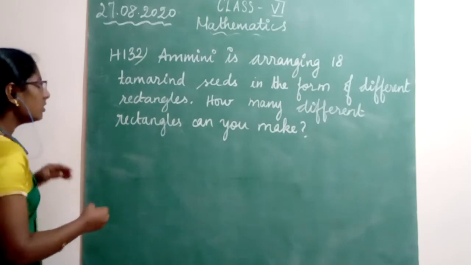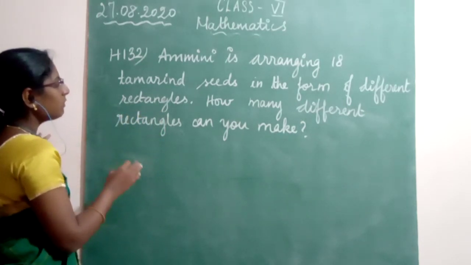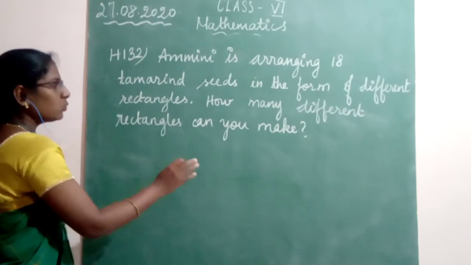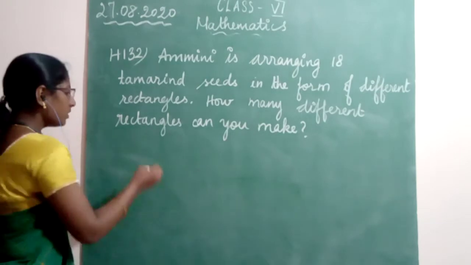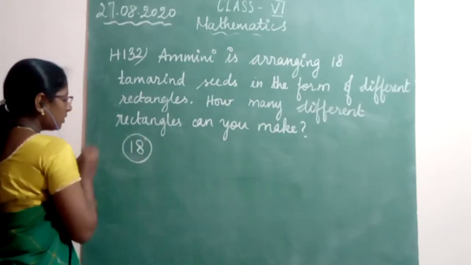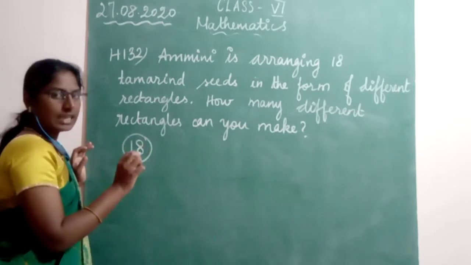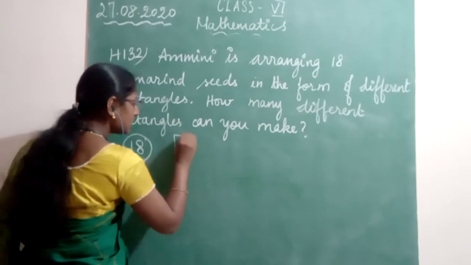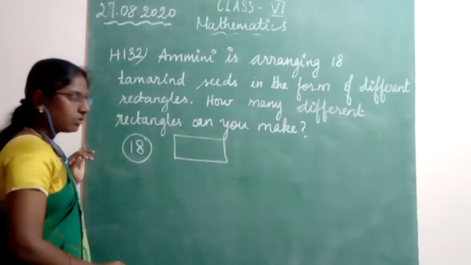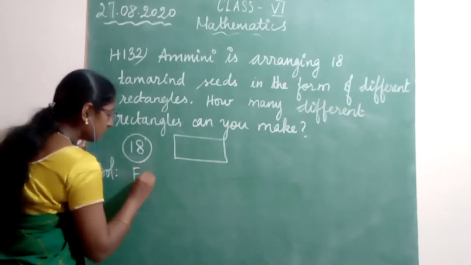Okay, so look here. Amini is arranging 18 tamarind seeds in the form of different rectangles. How many different rectangles can you make? Look here, it is given totally 18 seeds. Now we have to arrange these 18 seeds in the form of rectangles. A rectangle has opposite sides equal. So now first find the factors of